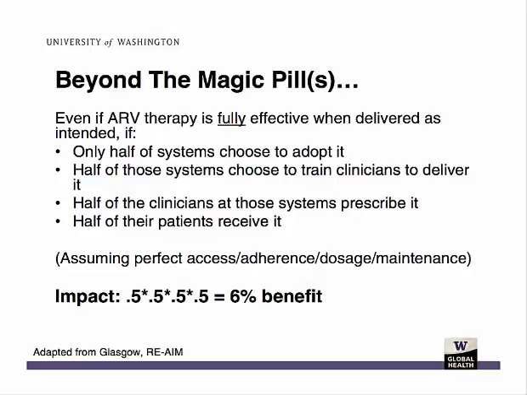So thinking at the population level, public health implications of antiretroviral therapy, we have to be thinking about these different measures beyond just do antiretroviral medicines lead to improved survival amongst those who receive the medicines and are fully adherent, but to think about the systems and organizational level determinants of impact. And getting back to that slide initially about antiretroviral therapy in Mozambique and tuberculosis screening, how can we get those systems that are underperforming to perform better? Because those are going to be key elements to maximizing impact of a highly efficacious intervention, antiretroviral therapy.